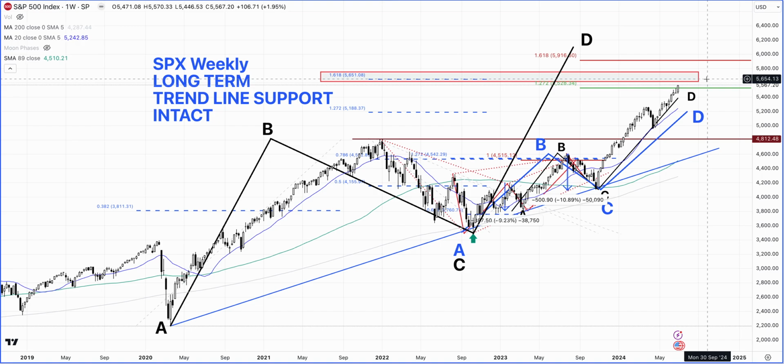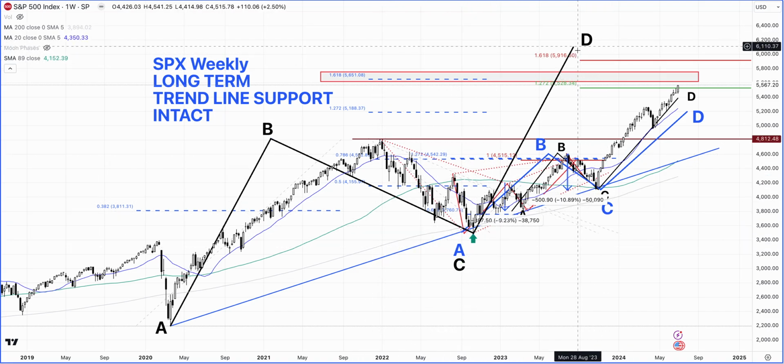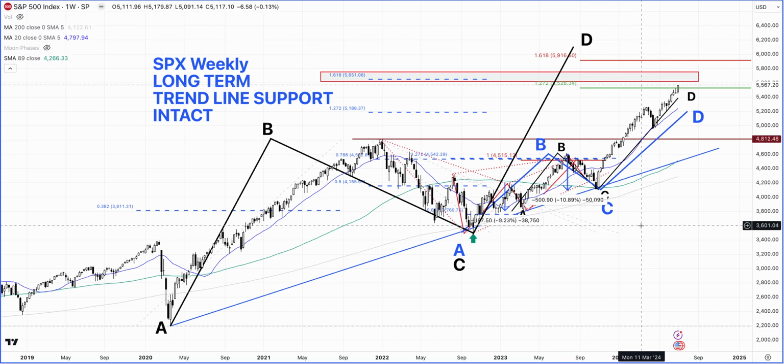It's completing some of these patterns, and then we'll be watching for further price action clues to assess what the market is likely to do next. But if the S&P 500 were to do a catch-up, and now this is not the futures chart, it's the S&P 500 cash chart, we have this point D a little bit higher.